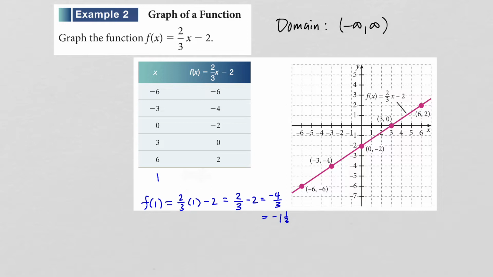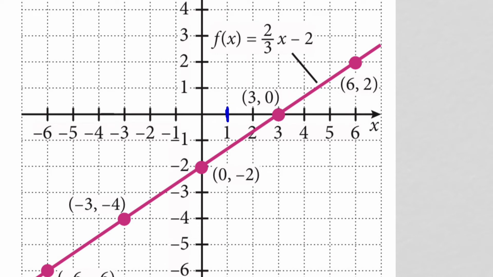Let's find it. So when I plug in x equals 1, it is right here on the graph. If I go to the graph, you'll see that the corresponding point is right there. That point has an x-coordinate of 1, and the y-coordinate is this coordinate right here, which is -1 and 1/3,